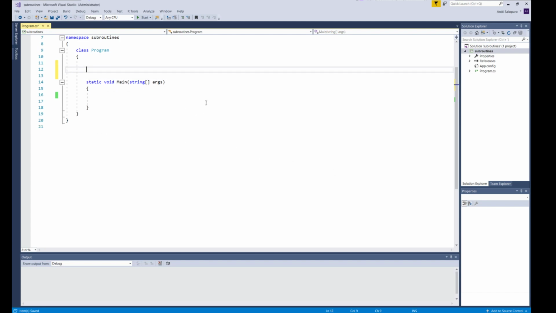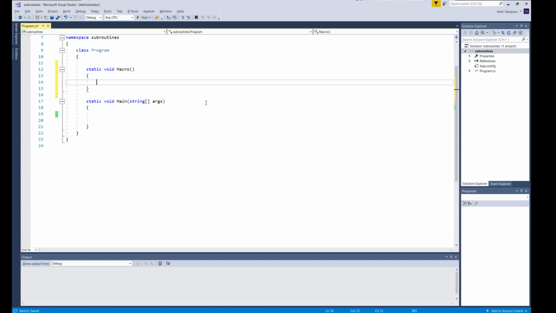So I create here a subroutine that is of void type, and this is now my macro. I follow the naming convention, so it would be like this. First, let's make just a simple macro that only outputs something on the screen. So I could have here something like Console.WriteLine, and then I output something on the screen. Okay, so now what this macro does is nothing else but output this one line on the